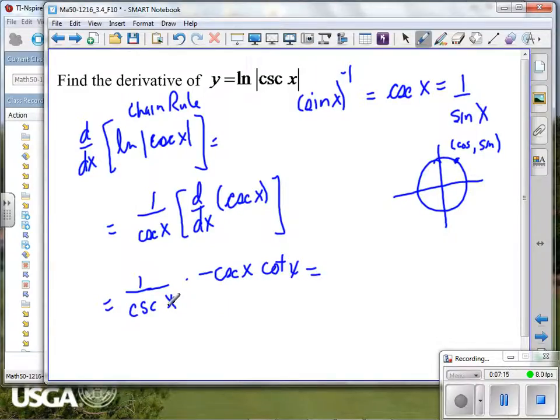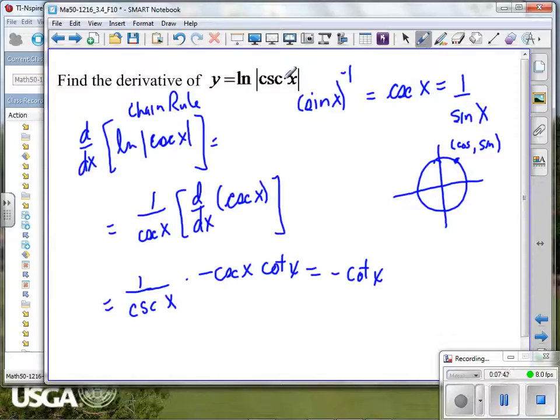And if we simplify that, we have negative cotangent x as our answer. So we're not really going to worry too much about those absolute values. It's just there to guarantee that we actually will have a derivative. Otherwise, if it's a negative quantity inside the natural log function, it's undefined, and we don't want to deal with those. Okay,